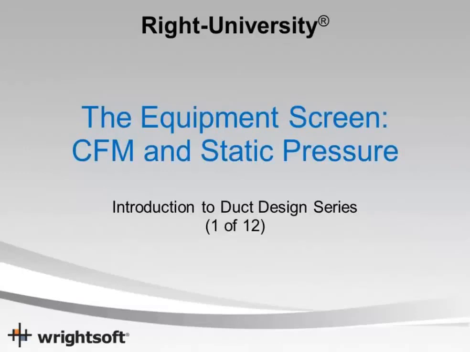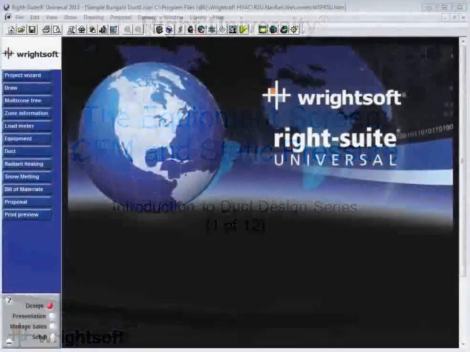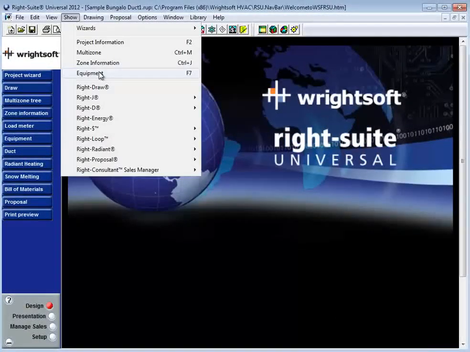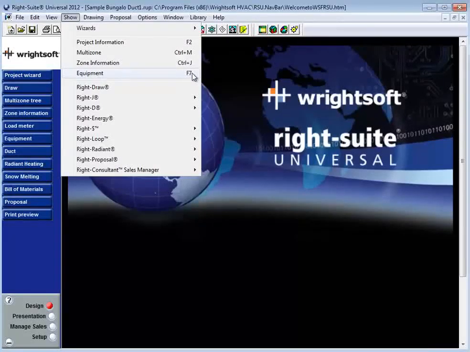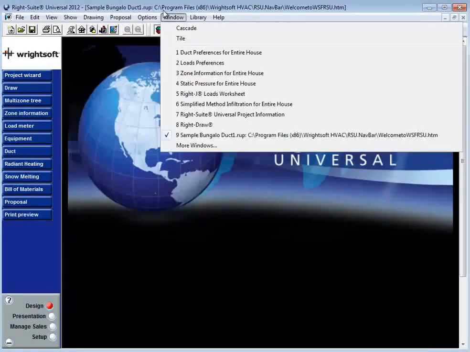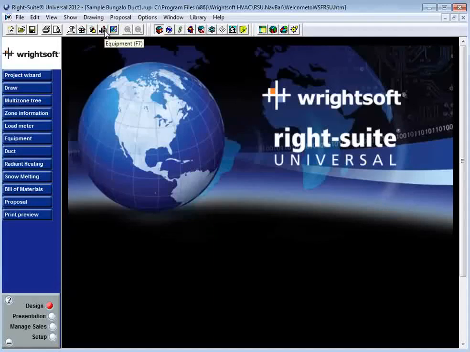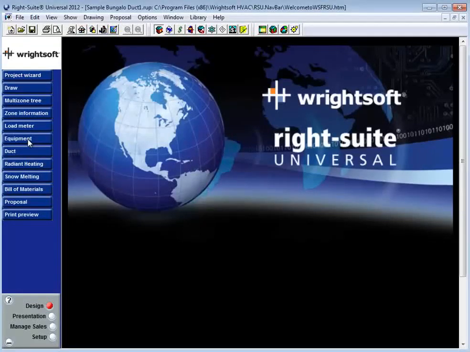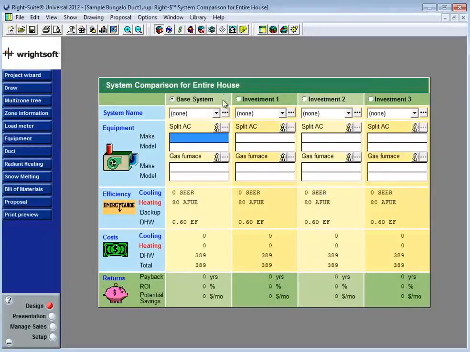In this video, we're going to go over the first step of duct design, your equipment selection window. To get to the equipment selection window, you can go to the Show menu, select Equipment, hit the F7 button on your keyboard, use the Equipment icon button on the toolbar at the top of the page, or the Equipment button here on the navigator bar. Note that if you have the right dollar tool, this will take you to our operating cost